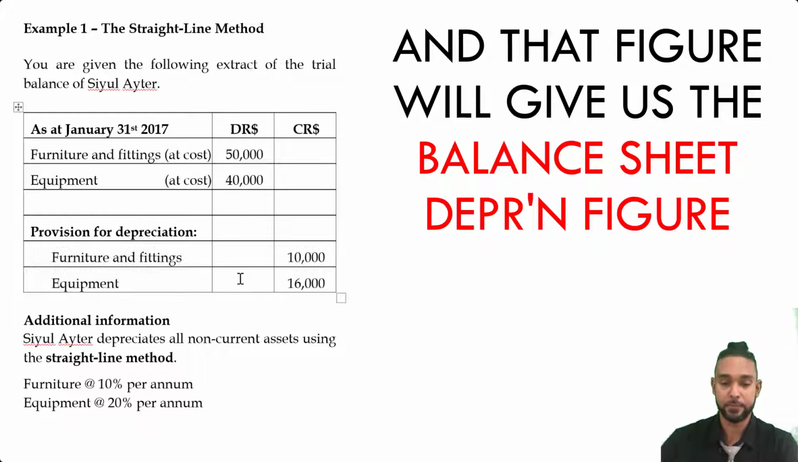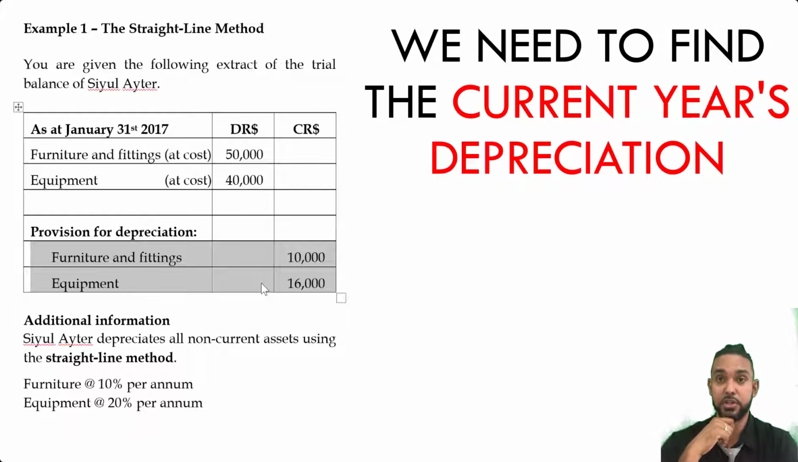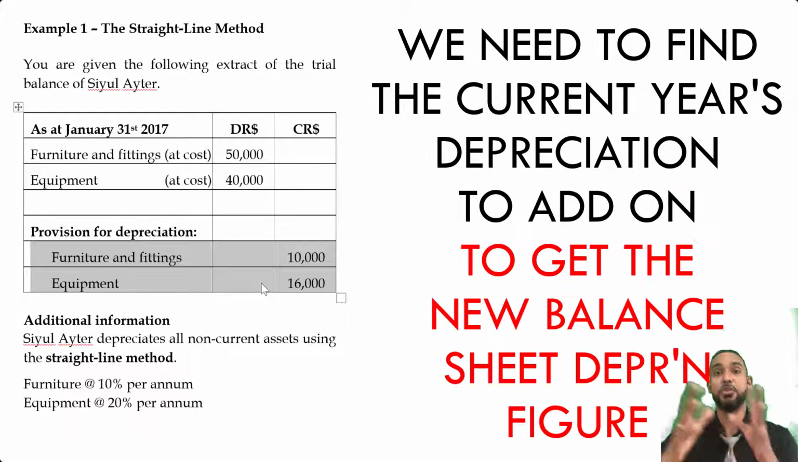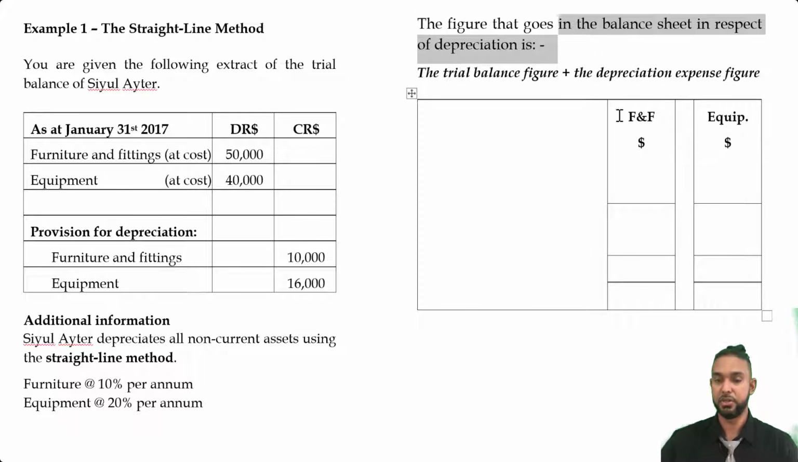So let me recap that. These figures are the depreciation figures from the previous years. We need to find the current year's depreciation to add on to it to get the new balance for the provision for depreciation that goes in the balance sheet. So if we look on the right-hand side, you'll see a little note to that extent. The trial balance figure plus the depreciation expense figure is the figure that goes in the balance sheet in respect